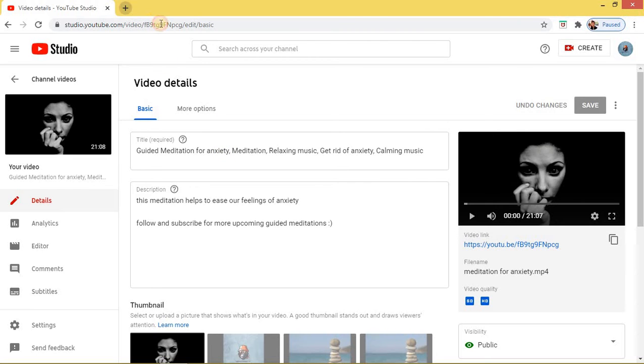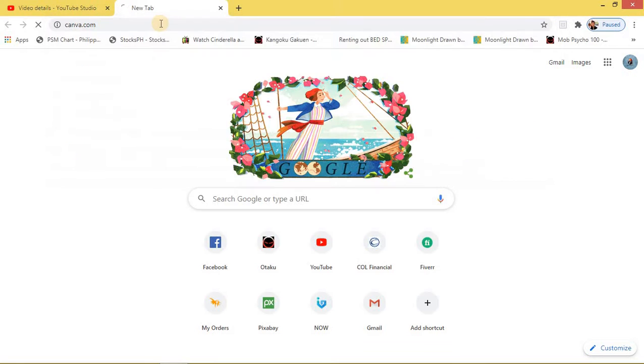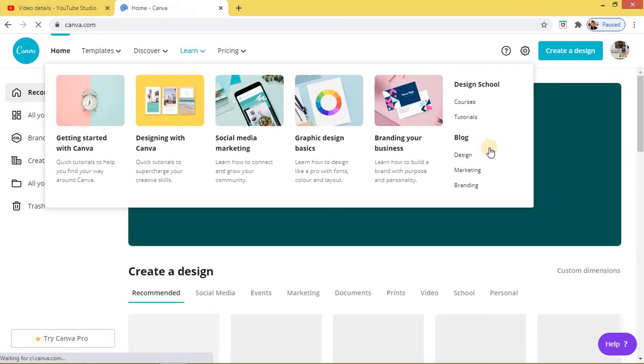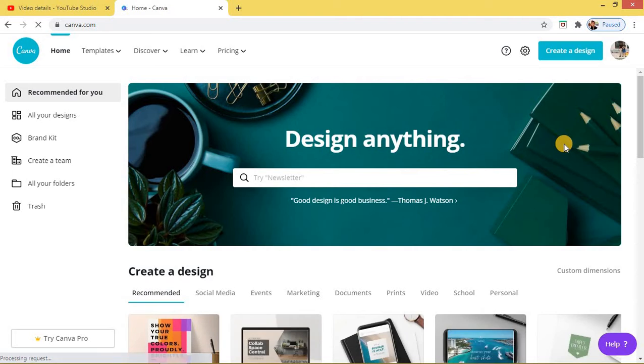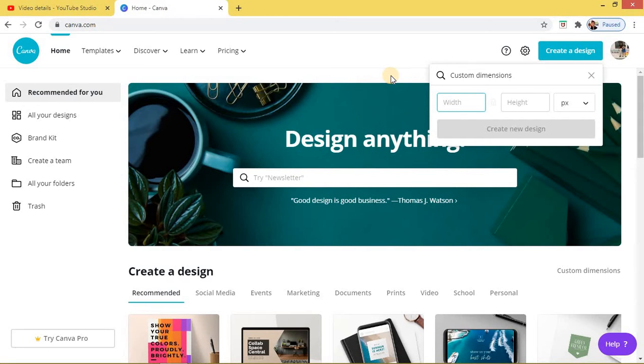So I will go to www.canva.com. Here you can edit your thumbnail for free. You go to create a design, then custom dimensions. For the thumbnail, we will put 1920 by 1080. Create new design,